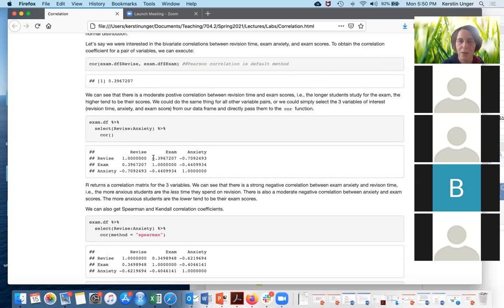And then we get a small correlation matrix, where the variables are in the rows and columns. Of course, the diagonal elements are 1 because they are identical, so we have a perfect correlation here. We already calculated the correlation for revision time and exam scores. We see that there's a strong negative relationship